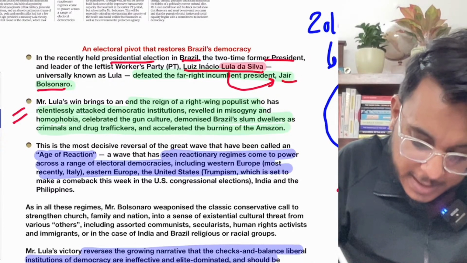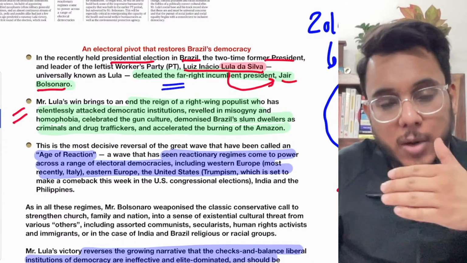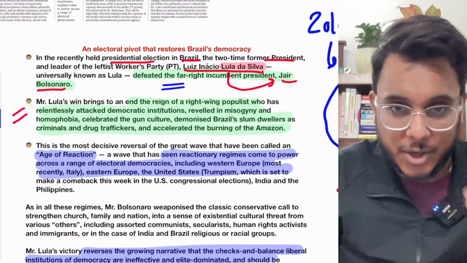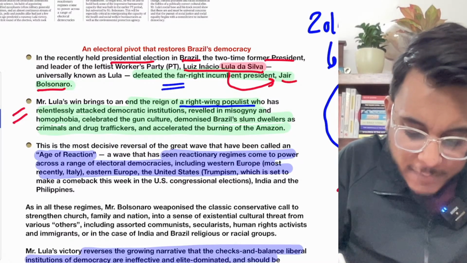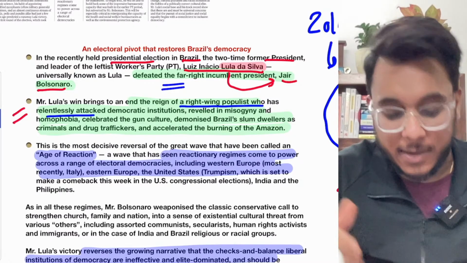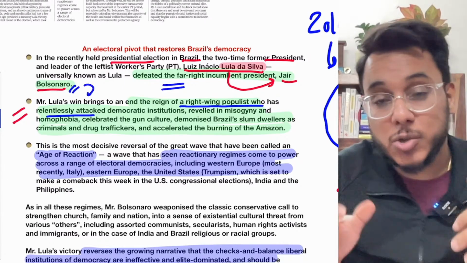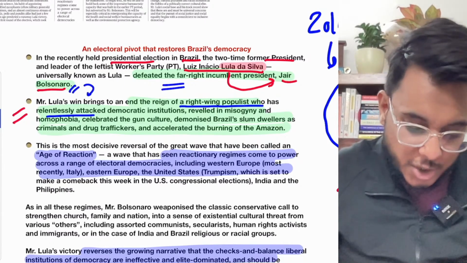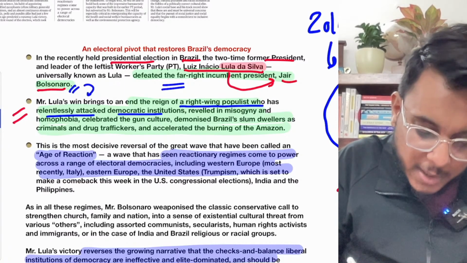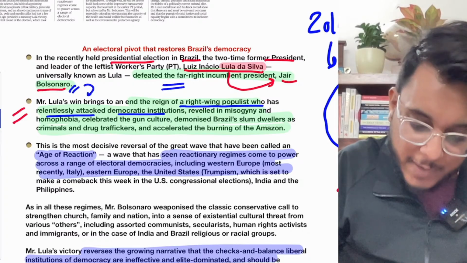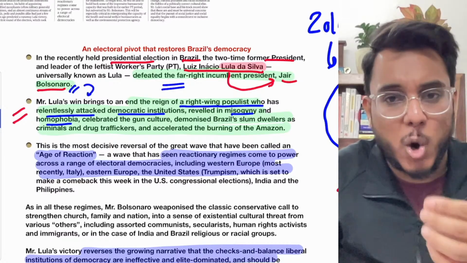Lula, he belongs to the leftist politics trend, and therefore it has been said that he brought an end to the right wing populist government that was there. So basically the earlier president, Jair Bolsonaro, was called a rightist politician, and it has been said that during his time the democratic institutions were attacked, fine, misogyny and homophobia,